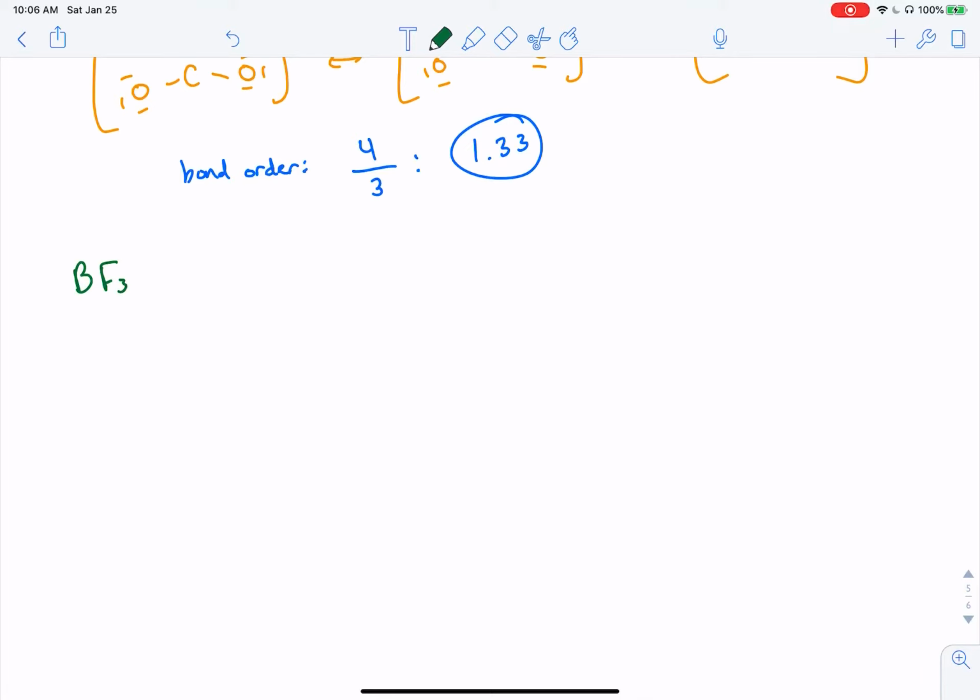Something like BF3. This one, students get a lot mixed up because they forget that B has less than 4 valence electrons. So the math number is B and F3. So that's 3 plus 7 times 3. So that's 24 divided by 2. That's 12. So then your test structure